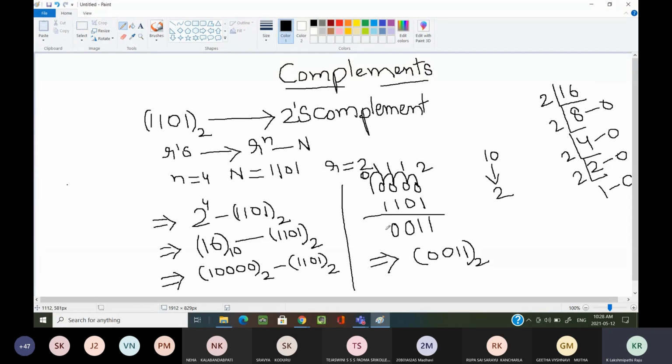If you write 0 also, it is not a problem. On the left side, if you add any number of zeros, that won't be a problem for us. The problem comes when you add zeros at the right side, then the number will become 100. You can add as many zeros as you want at the left side of the given digits.